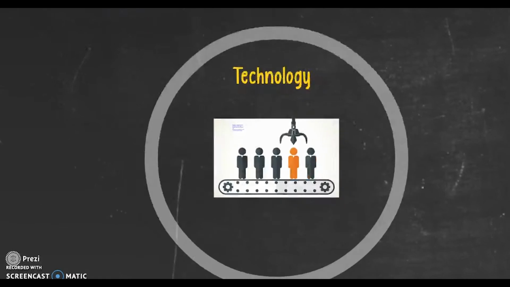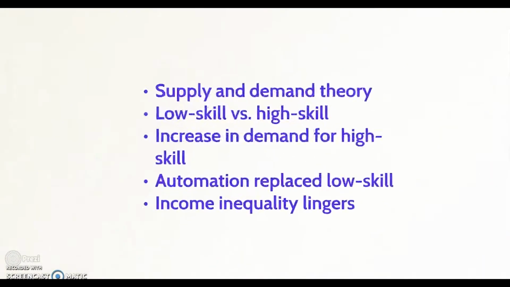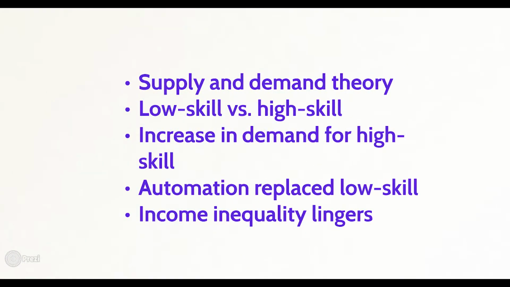It would be difficult for one to underestimate the impact technology has also had on income inequality. There is the supply and demand theory, which explains that over time, countries like the US have experienced critical changes in the relative returns to low skill and high skill labor. This is due to technological advances raising the demand for skilled labor while replacing unskilled labor with automation.